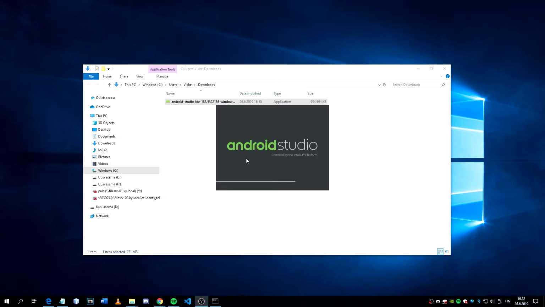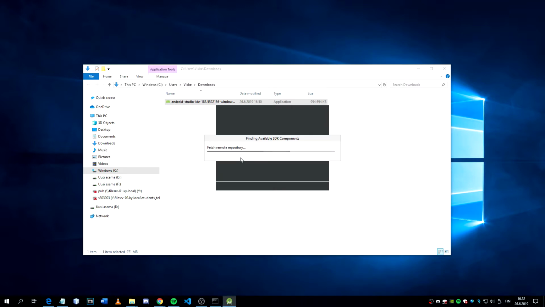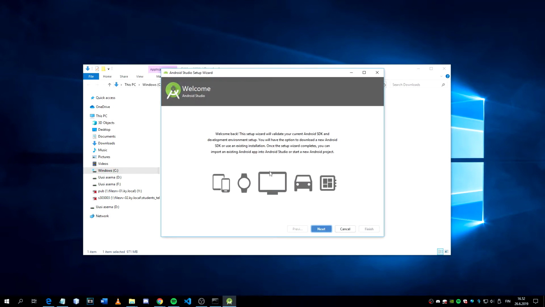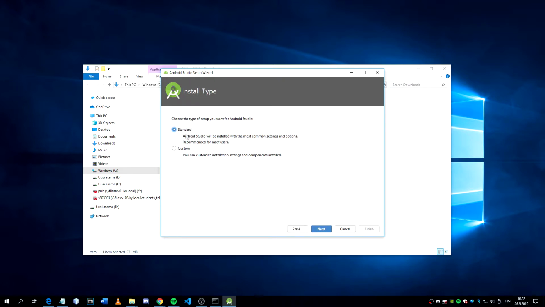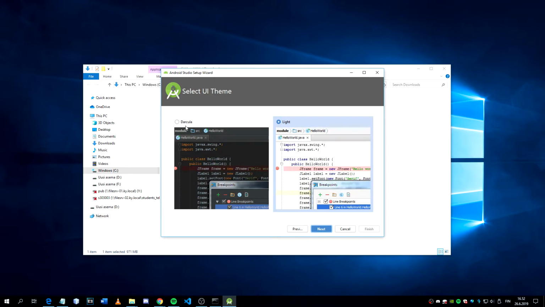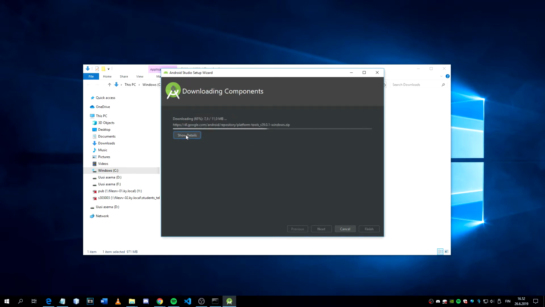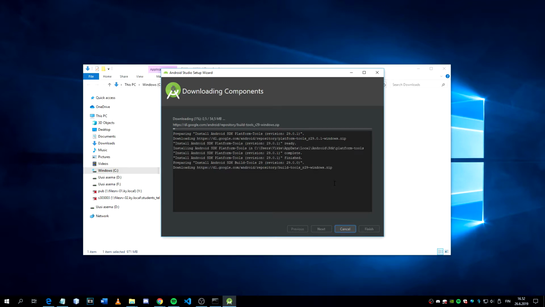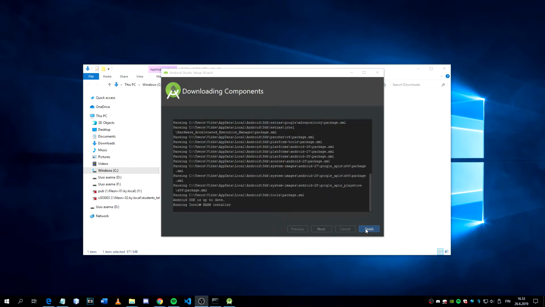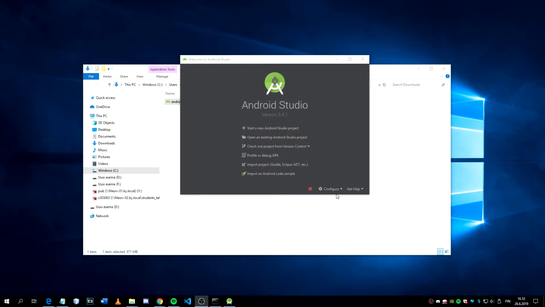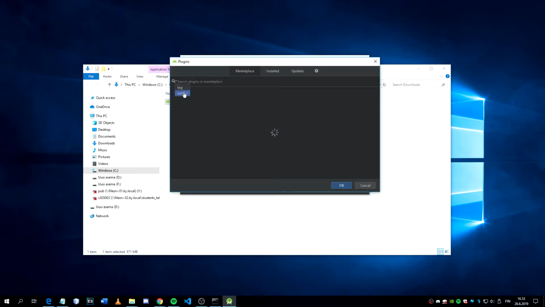Have something out there to delete. Click next. Next, choose the theme. Finish. Alright, it's done. Finish. Now go to configurations and plugins